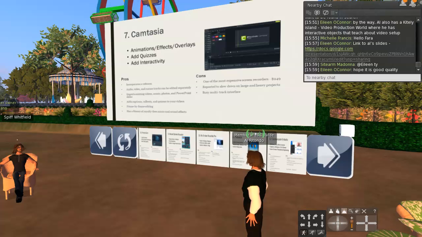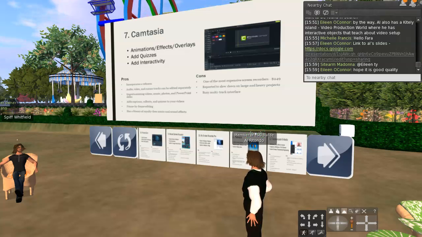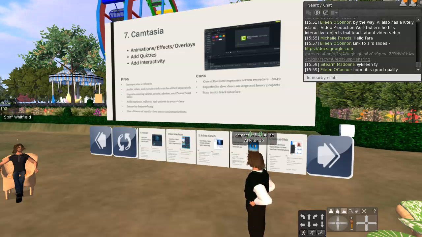Adding captions, callouts. Also has a library, and it's reasonably priced. The fact that it's a one-time payment and not a subscription is what I like about Camtasia. And when I've worked at different companies, I've actually purchased it through their software purchase capabilities, and it's only